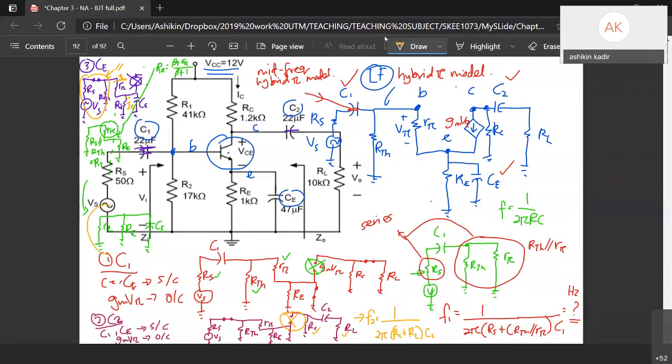These two are also parallel. So our frequency FE will be equal to 1 over 2 pi, the resistor is RE parallel with